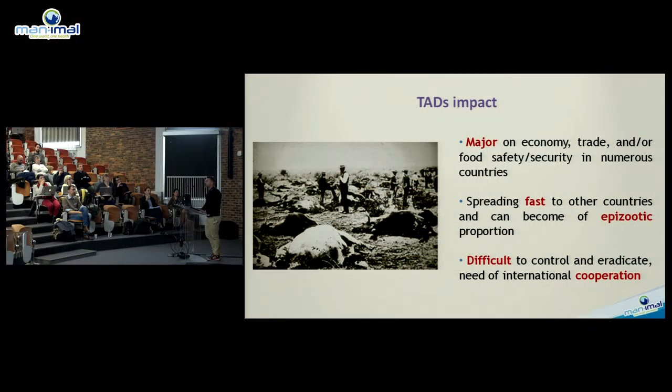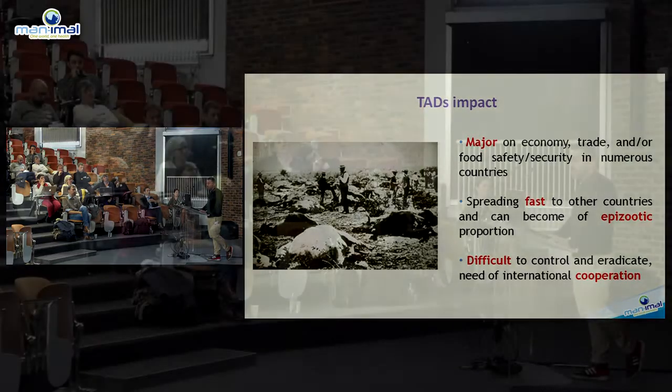We work a lot on transboundary animal disease. Being an international organization, we look into preventing the spread of animal disease between countries. In terms of securing the economy, the trade, the food safety and security of the countries to avoid any major impact on those countries, you have to react fast to be able to control those diseases, and I will show you after an example of an internationally based response unit to animal crisis.